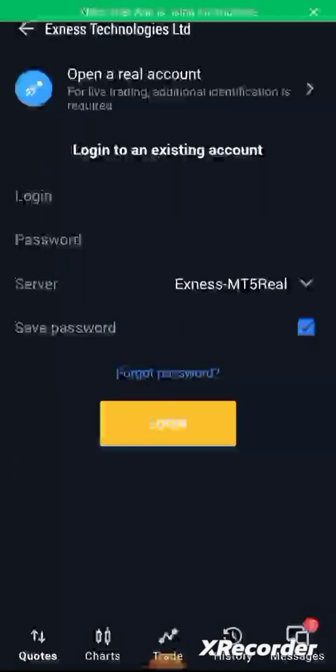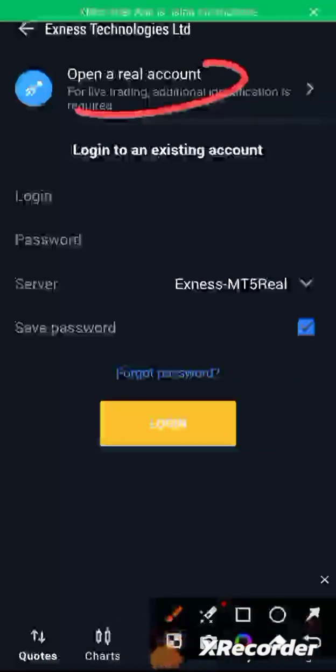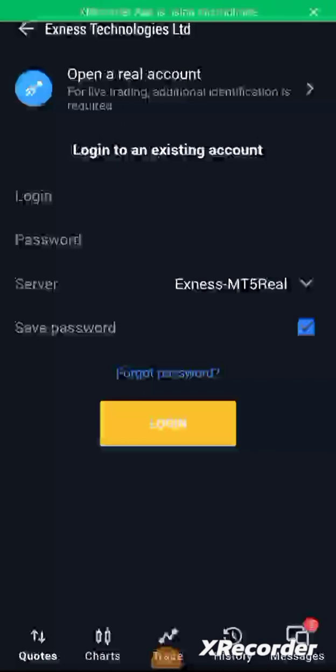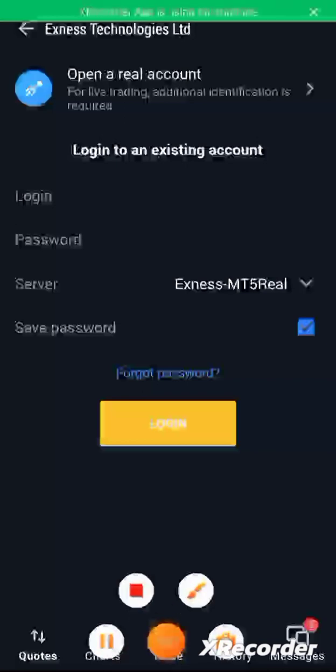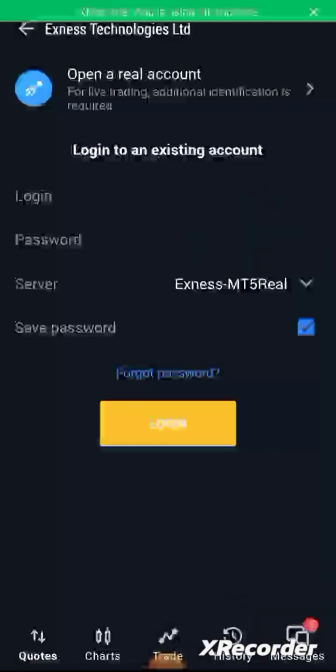Exness Technologies. So you log into your account here. All you are going to do is paste the login you copied, then put the password you created while opening the account. So I'm going to go ahead and paste it,